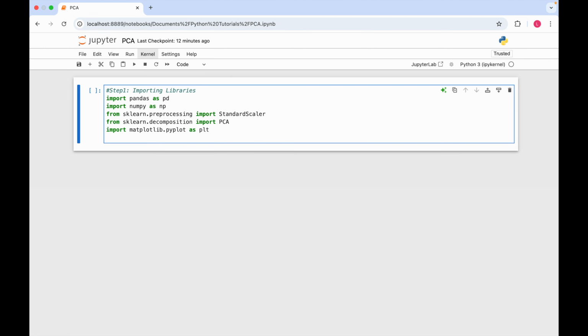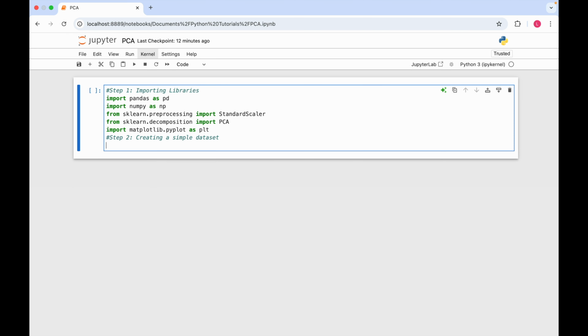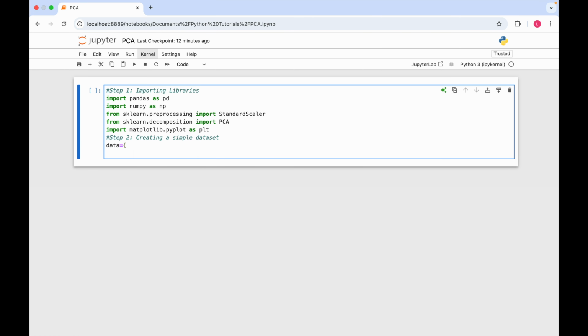Now the next step is we'll make a small dataset with two features, that is height and weight. So step 2, creating a simple dataset. data equals, and then I will write height, and then I will give the data as